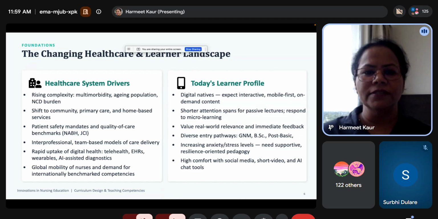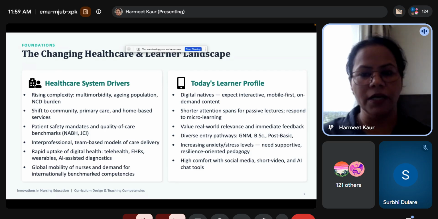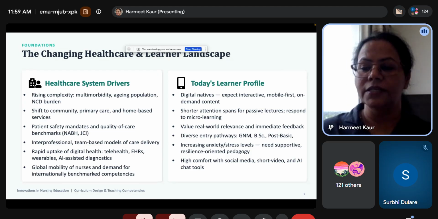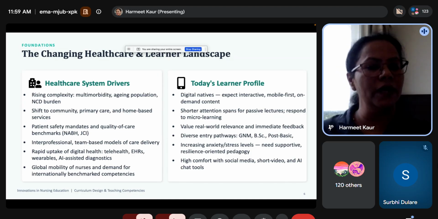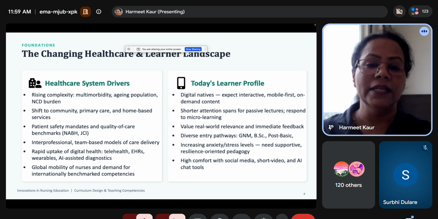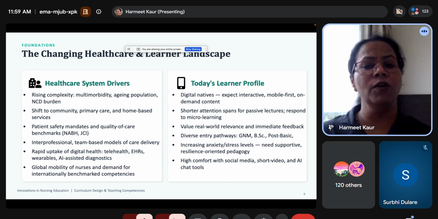Okay. So rising complexity, because nowadays patients are having multimorbidities. If any patient comes with hypertension or diabetes, he might be having another NCD along with that. The person might also be suffering from mental illness sometimes. And then there is the aging population, and the aging population is always having multimorbidity. So this is not that a student